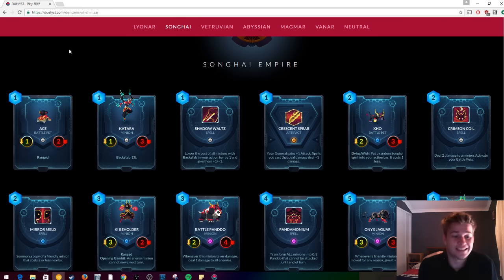On to the next one, Katara. And this is a 1-drop that I actually do have a lot of hope for. 1 mana 1/3 with Backstab 3. 1 mana 1/3 is pretty decent stats, and going first, it basically trades the same way that 2/3 does for the most part,